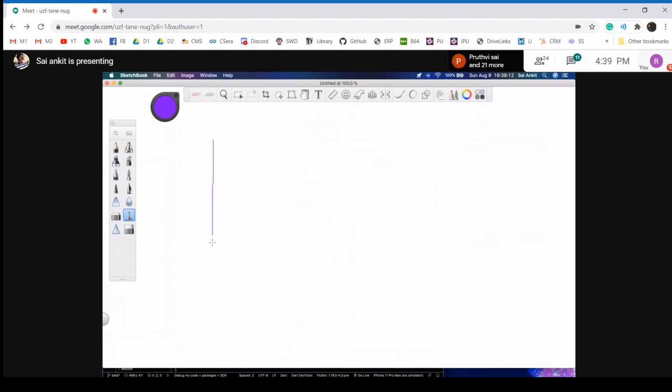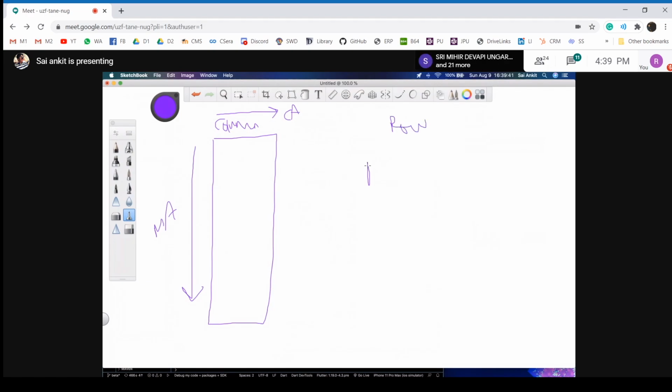Let's just say you have a column here. For any column or row, there are two things called main axis and cross axis. A column moves in a vertical direction, so for a column, the main axis is in this direction. Let's name it main axis. And for a column, the cross axis is in the opposite direction, which is this direction, cross axis. And let's say you also have this row. Since a row goes horizontally, the main axis for this row would be in this direction, and the cross axis would be in this direction.